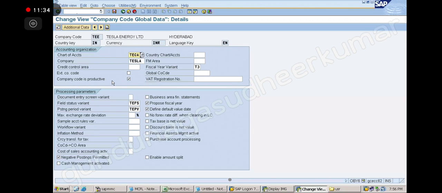One is company code is productive, tick this. Second, proposed fiscal year, tick this. Third, define default value date, tick this. Then negative postings permitted, tick this. These are the four things that you have to tick. And save. So with that we have completed the 21 steps and also the enterprise structure.